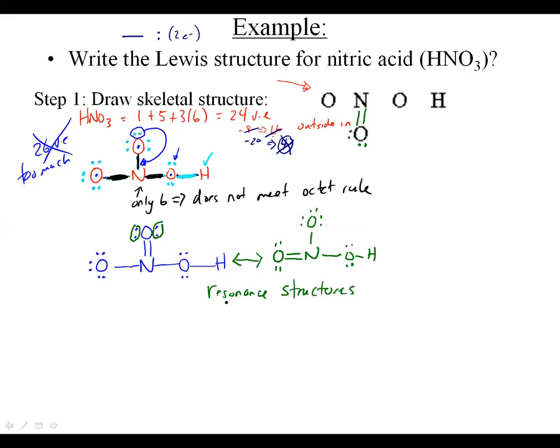So a resonance structure is basically 2 or more Lewis structures that can be drawn for the same molecule. And it's because one Lewis structure doesn't adequately explain what's going on, because really these double bond electrons that we have,